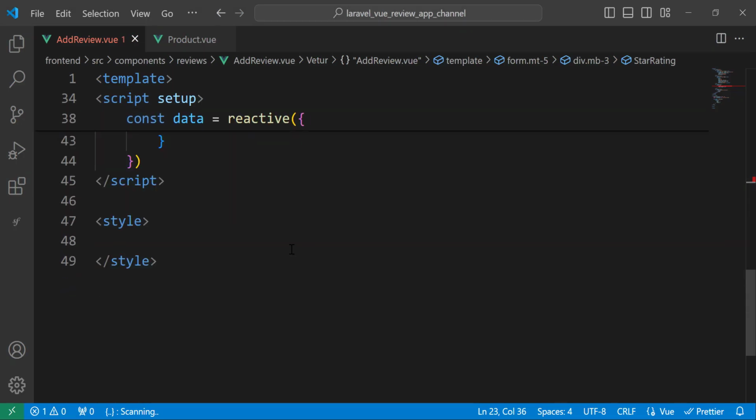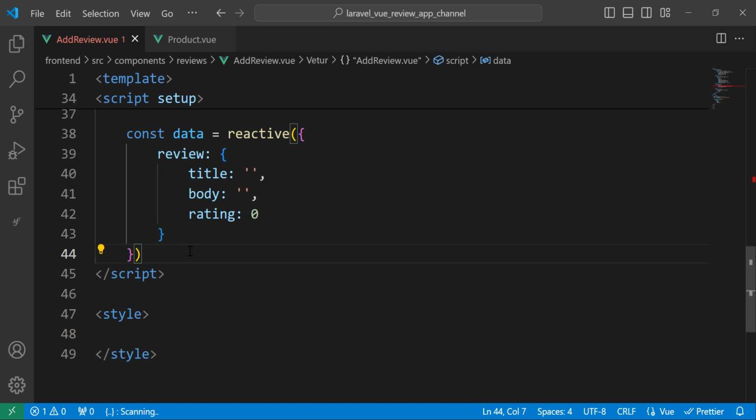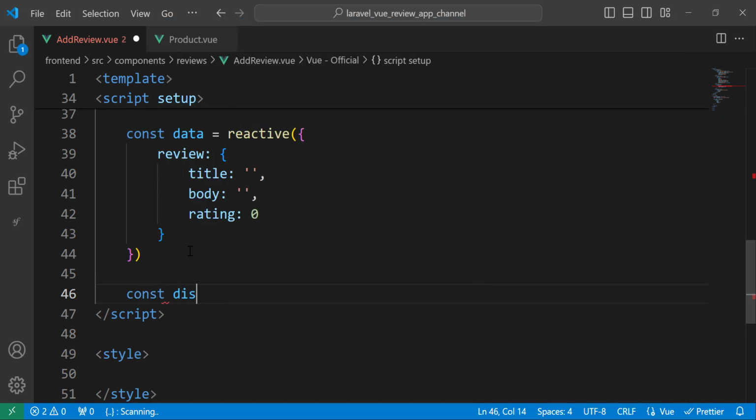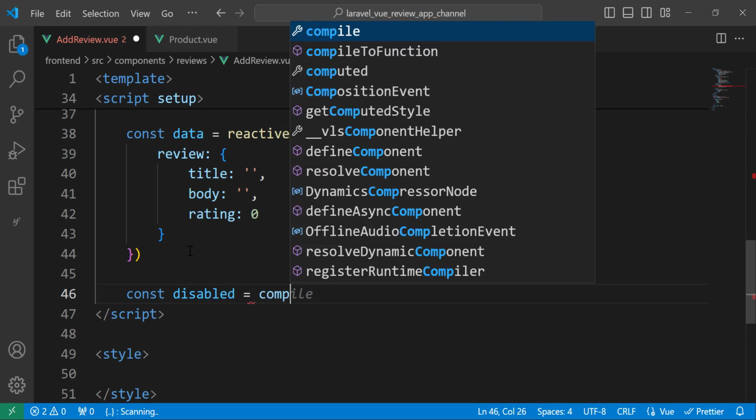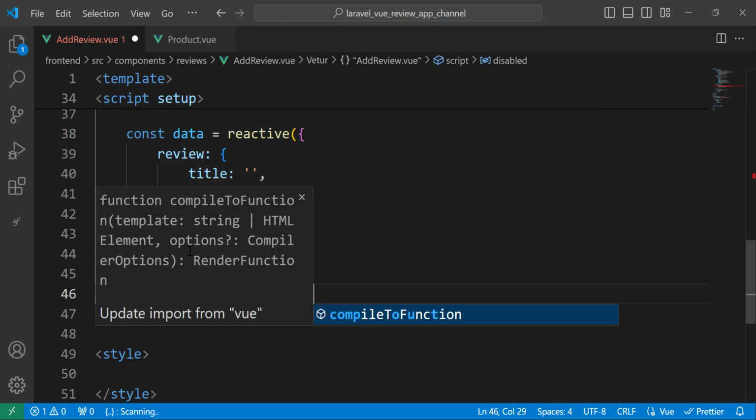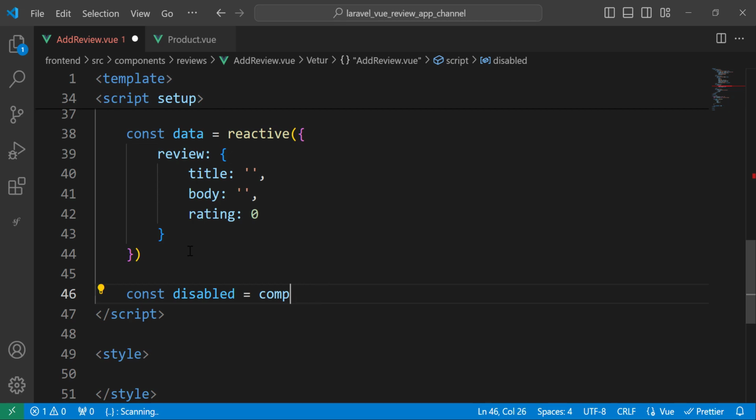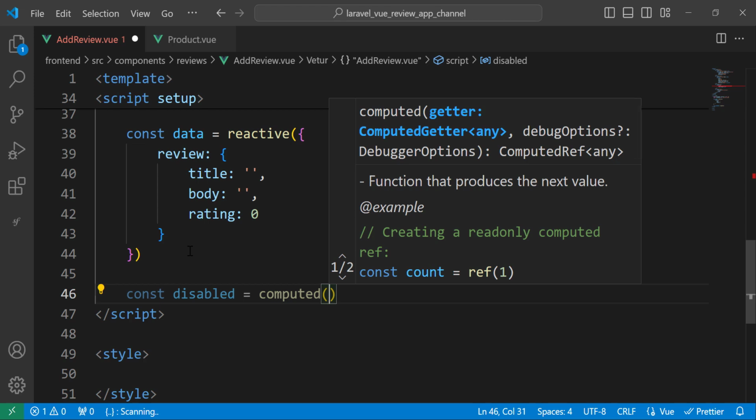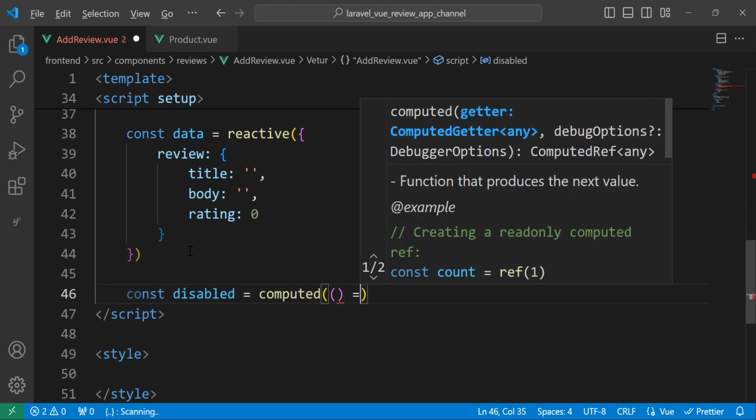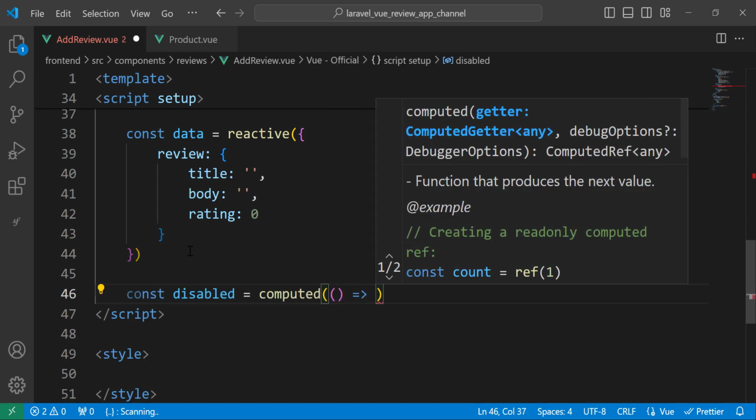So let's do that now. We need to add a computed property that will do that. So let's add here a variable. Let's call it disabled, and we will use the computed. A computed property will take a function that will check